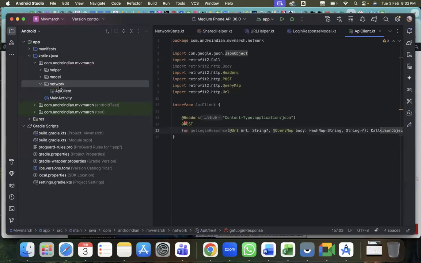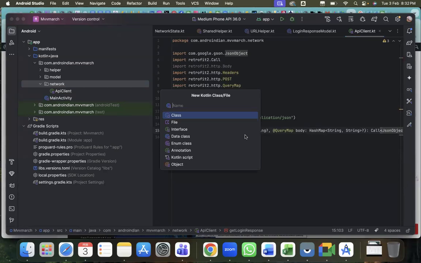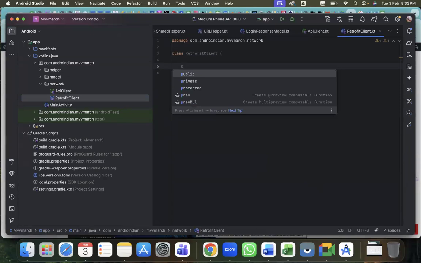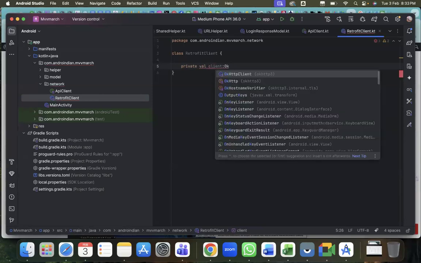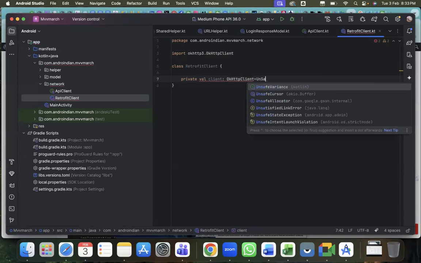Then within the same class we have to add one more class, that is a retrofit client. So that retrofit client data we have to handle. So we are adding that retrofit client. Within this retrofit client, I have to use the base URL and other things. For that, I'll create one private val client colon, OK HTTP client equal to. One thing, that is unsafe,